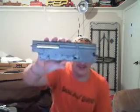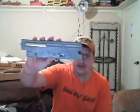So the SAW is going to be great. The reason I like the SAWs so much is because of the gearbox design. This is massive. It's great. It's got the 8mm bearings in it. The only problem I don't like about the SAW gearbox is it uses a special type, so you have to buy SAW 8mm bearings, or else you're pretty much out of luck, because they're a lot thicker than the normal